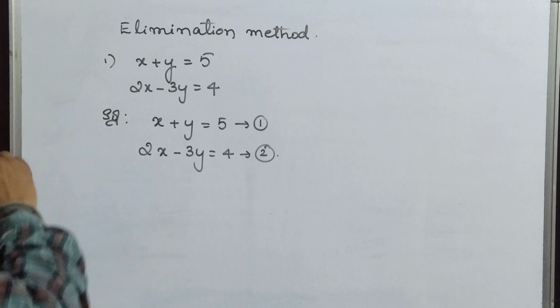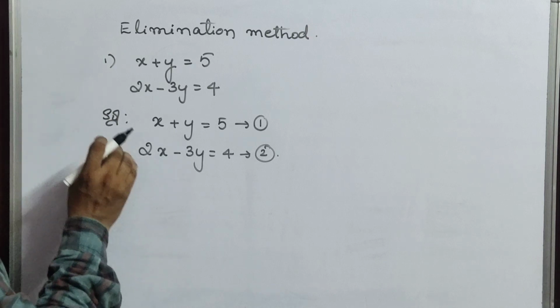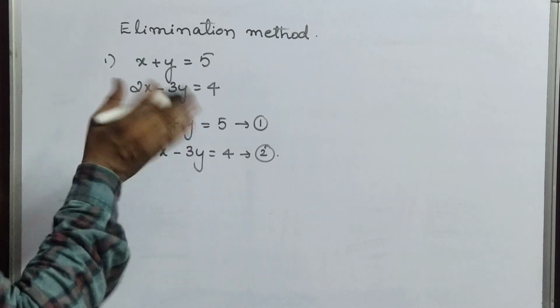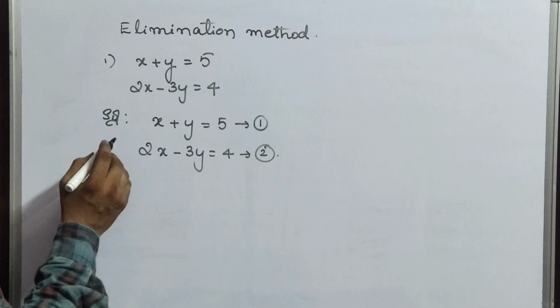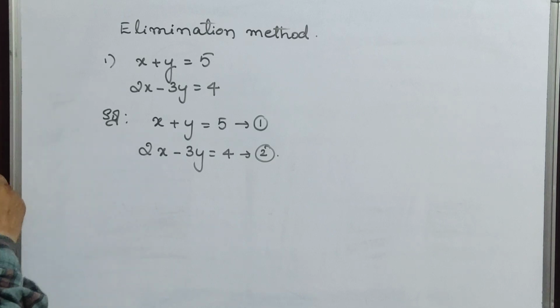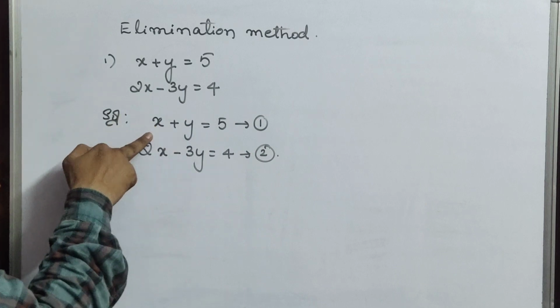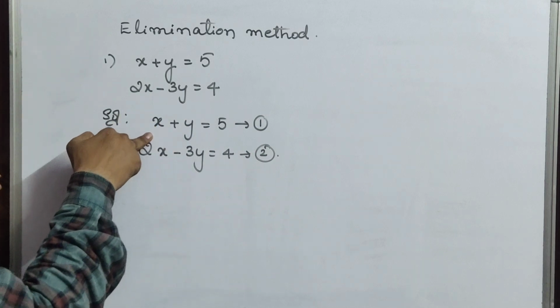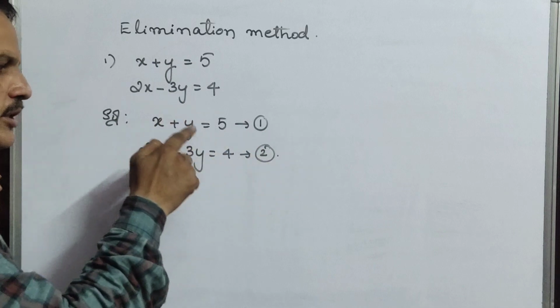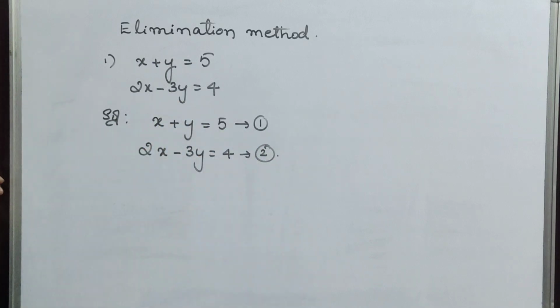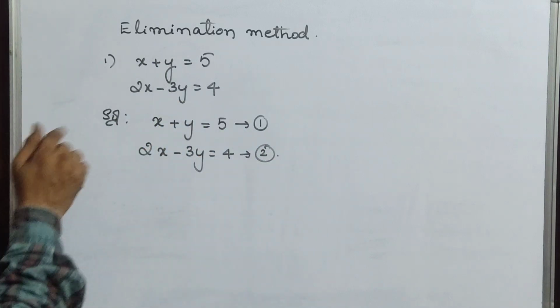Now listen very carefully. This is a little bit different model compared with substitution. Here first observe one thing. In your mind think which one you want to eliminate. First x is there, so we will go for x. If you want to eliminate y, no problem, you can go for y also.